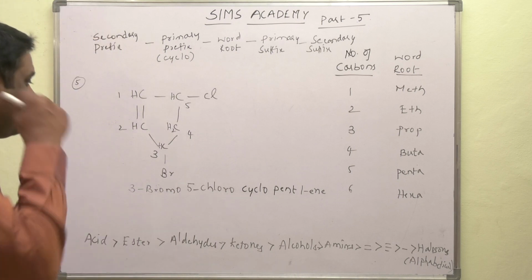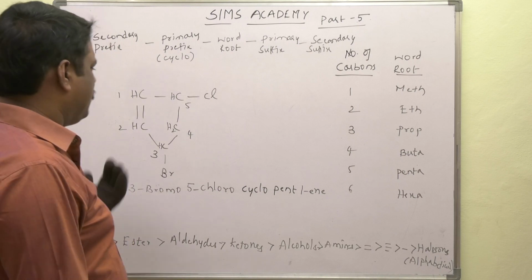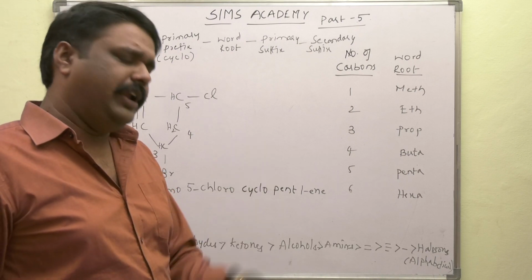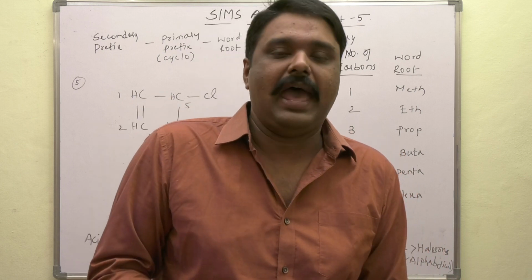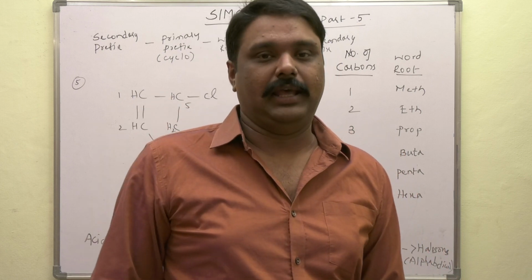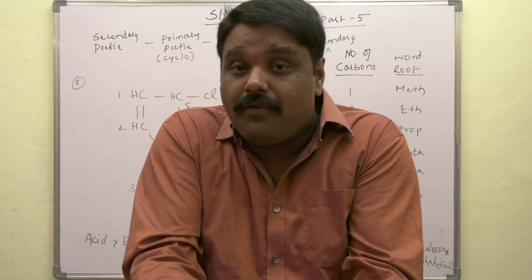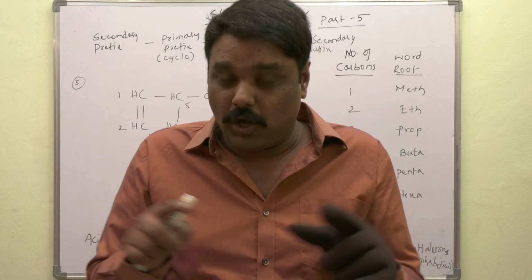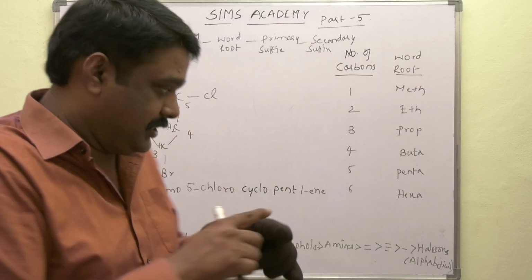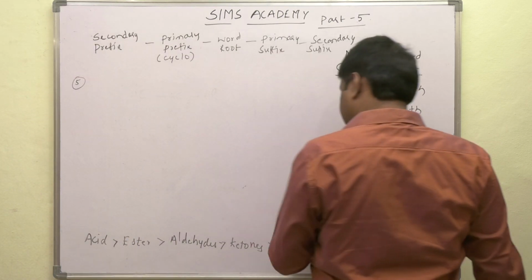Okay? If we have multiple functional groups, and there is a double bond, we need to give priority to the double bond. Then next we go for the substituents. And always we have to remember that in case of cyclic compounds, we should not jump from this double bond or triple bond. That is very, very important. We shall take one more example.